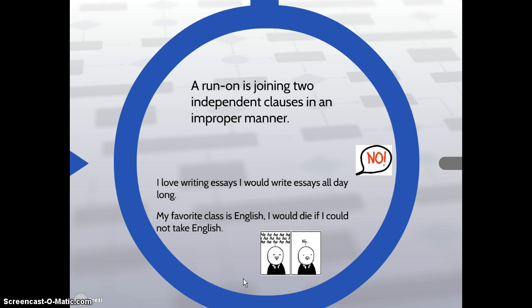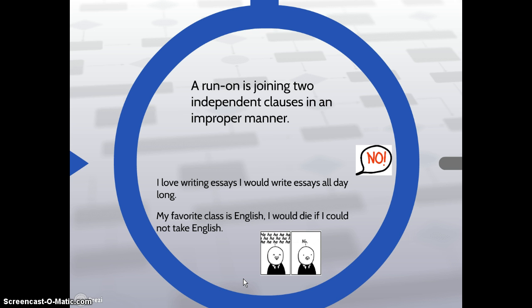Now we've had these two independent clauses, these two things that could be sentences, and we've put them together with no punctuation or no kind of means of coordination. So what do we have? We have actually a run-on. Okay, when you have two independent clauses jammed together, two things that could be sentences jammed together, it is a run-on. Okay. The next example is my favorite class is English, comma, I would die if I could not take